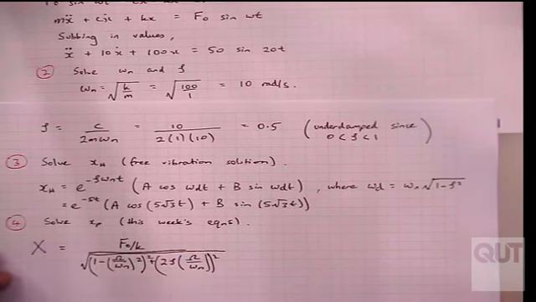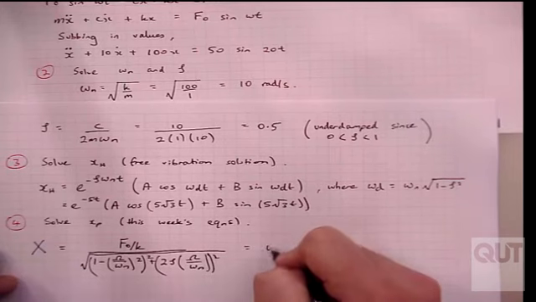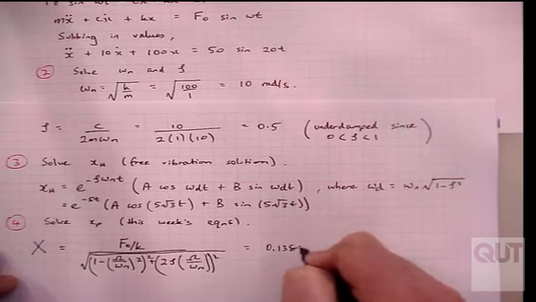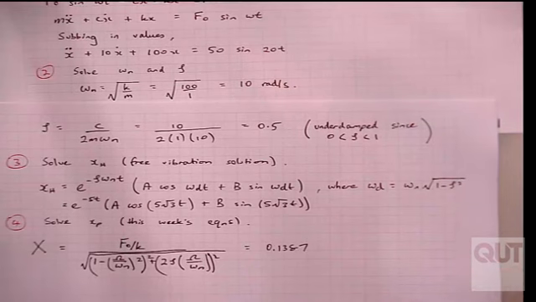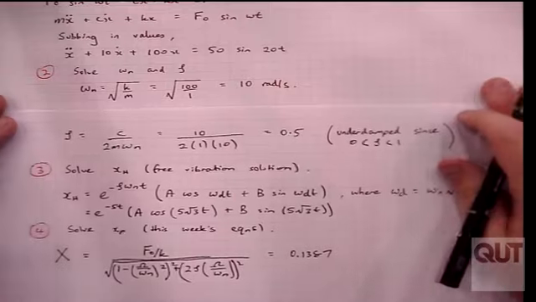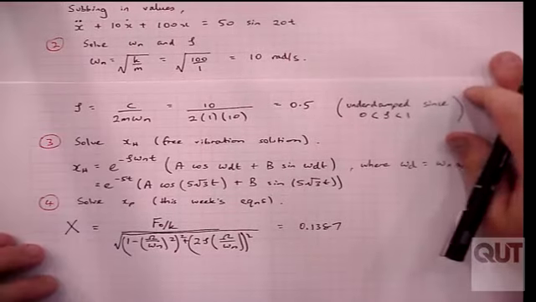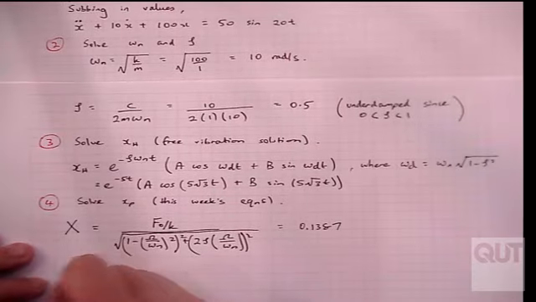So that was the equation we got for x. It's a pretty long one. You substitute all your parameter values in for this problem, you get 0.1387. And then our phase,